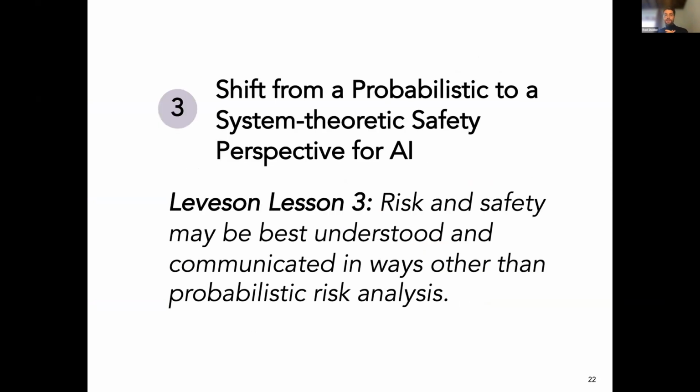Shift from a probabilistic to a system theoretic safety perspective. Also, I think in machine learning, especially, we rely a lot on probabilistic notions, and these don't guarantee anything when it comes to actual physical or material safety of these systems once they're working in the real world. So what we really need to think about are more like the fail-safe mechanisms. Maybe we have to assume that our system makes errors, but okay, what happens when those errors occur? Can we actually observe them?